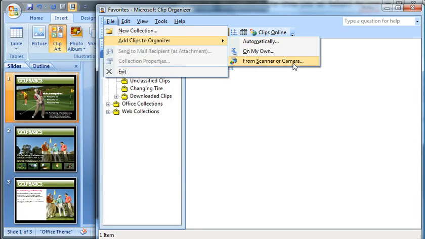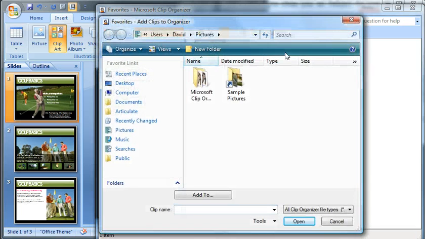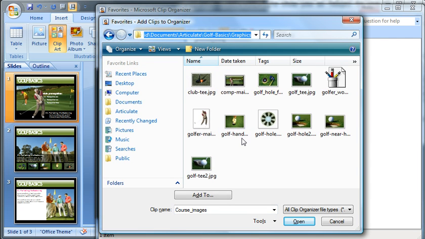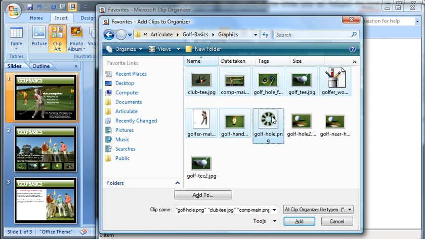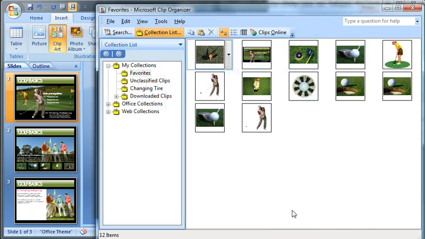If I have a scanner or camera, I can do that as well. But On My Own essentially lets you add your own specific images. So in this case, I have this Golf Basics course. I can select one, or shift-click multiple, or just click Control-A to select them all. Go ahead and click Add. And that added all of those to my favorites. So a really quick way to bring my assets into my PowerPoint library